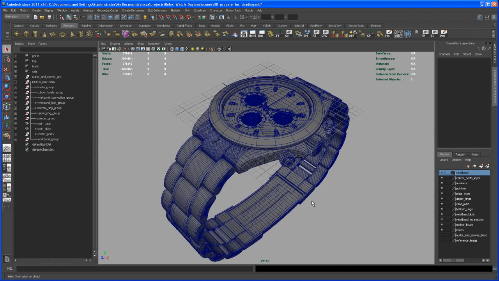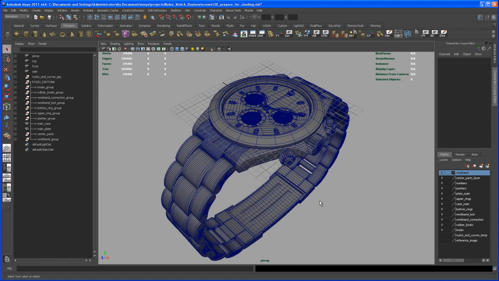So with that done, as I mentioned before, you don't have to do that, but it's always a good idea, at some point when you're done with the modeling process, to have everything kind of named and stuff like that. And it's also good for your system if you have deleted the history of every part. So all right,